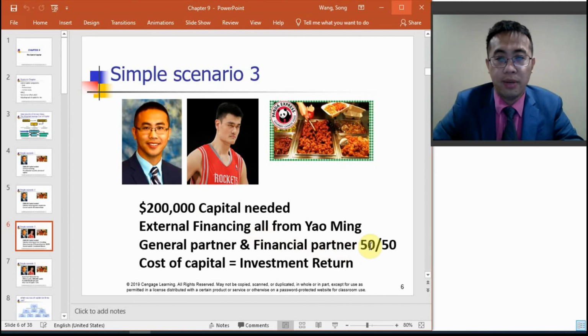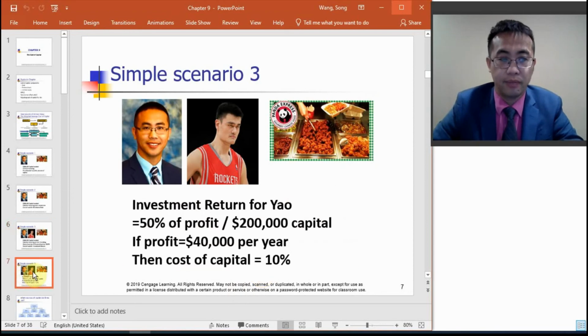And we made an agreement that the ownership will be split in half, 50-50. Although he injected all the capital needed, I spend zero money. Just because this is the structure, 50-50, then we will equally share the profit of the business. And for me, to attract Yao Ming's money, I need to give him some return, and that is the 50%